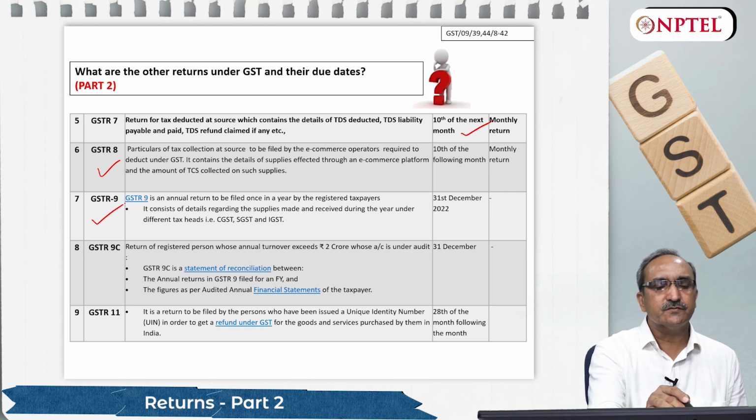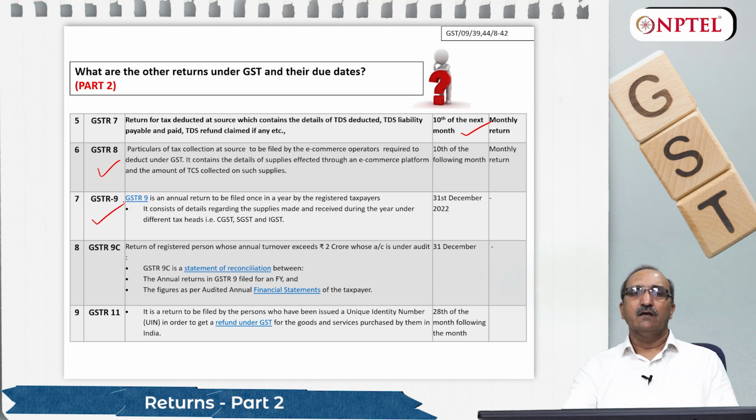Then friends, GSTR 9. Friends, GSTR 9 is the annual return for any businessman having turnover more than 2 crore rupees. So this return is basically a summary or total of all 12 months. During the whole financial year, 24-25 or 23-24, if you have filed 12 GST returns right from April to March,